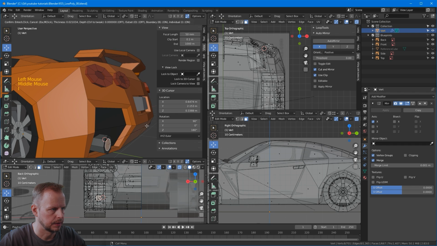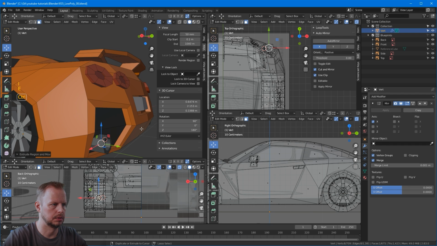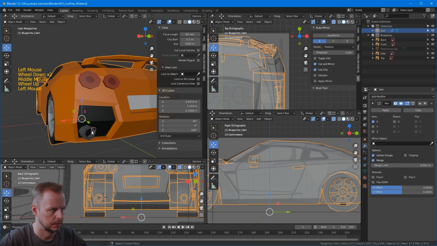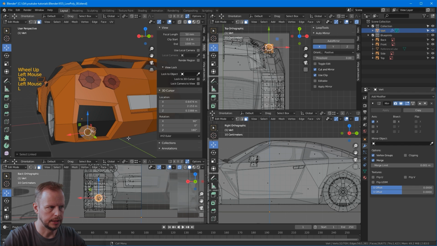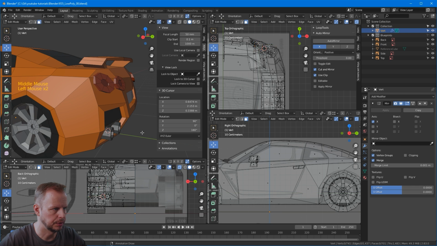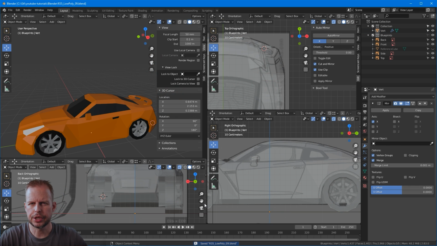I to inset, E to extrude. And just do dark inside there, so G, layout. L to select the linked, Shift D to duplicate it, and move that one back slightly. That should be okay. Now I'm going to try to break it off into openable doors and openable trunk and